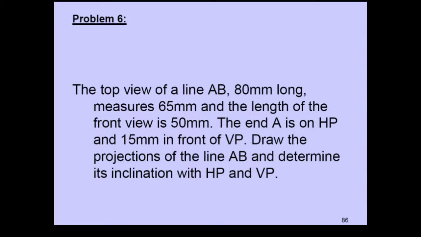In this problem, the true length of the line is 80 mm and its top view measures 65 mm. The length of the front view is 50 mm. The location of one end, end A, is specified. It is lying on HP and is 15 mm in front of VP. It is required to draw the projections of the line AB and also to determine the inclinations of the line with respect to the reference